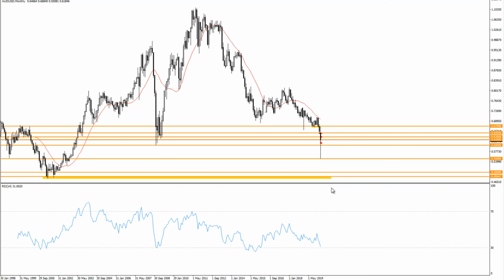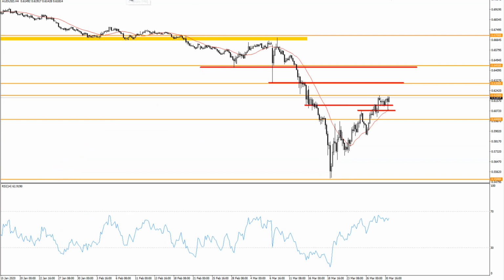RSI always tricky to watch, because when the price was down here, the RSI was actually oversold. But now that it's closed higher, the RSI has moved back out of that level. So it'd be interesting to see how we finish this month, whether in fact we crack back down again and finish oversold, or whether we actually hold it or not. So then down to our shorter time frames, and you can see that actually